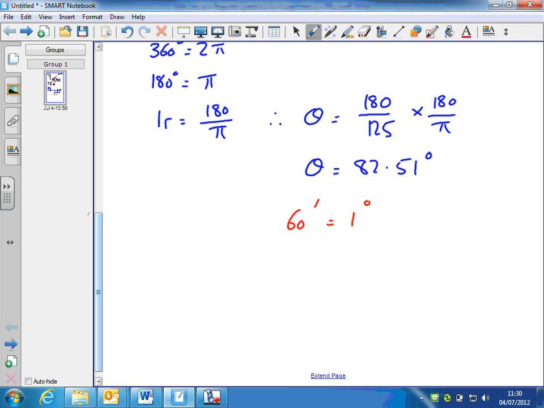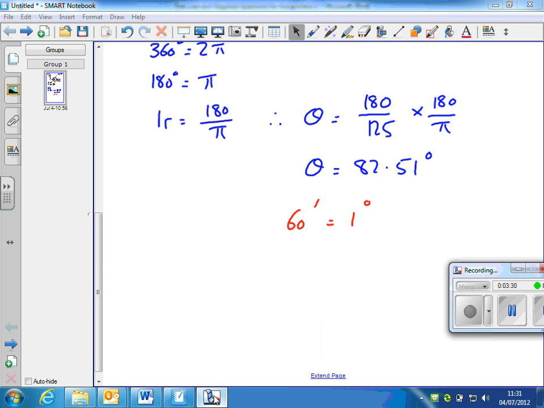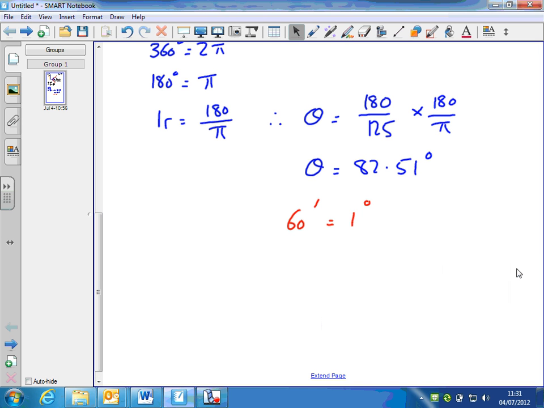Like time, there's 60 minutes in an hour, 60 minutes in a degree, and we can also divide angles into seconds as well. There's 60 seconds in a minute. Same sort of idea as time. So what I want to do now is convert the 0.51 degrees into minutes. So basically what I do is I think to myself, okay, 0.51